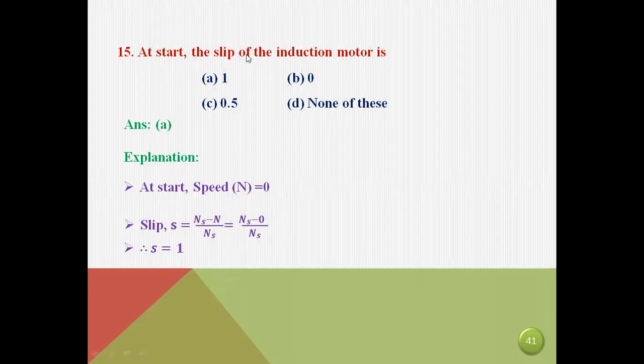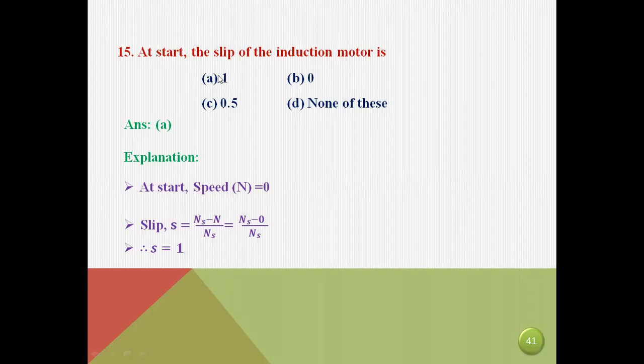And if we are taking higher speed, slip will become 0. There will definitely be a question on the slip of an induction motor. Sometimes they will give it for starting, and sometimes they will give the slip of the induction motor at the highest speed, the maximum speed. At that time, that value is 0. And at start, the slip value is 1.